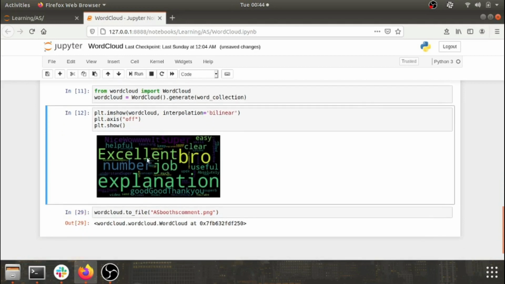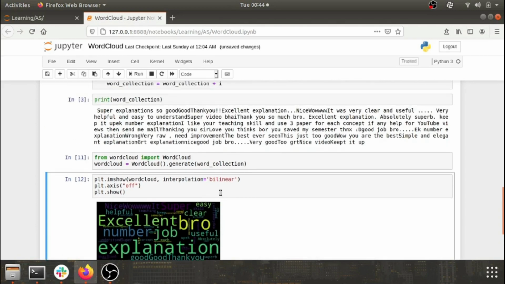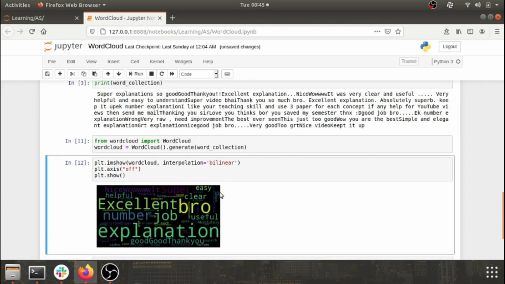And if you want to save the image, all you need to do is just call to_file, the name of the file and its extension. So this is very handy if you want to have any pictorial representation of a bigger collection of corpus, and it's really cool to show it in a newspaper or a search index or so. It's really nice if you have a bigger corpus and you create a search index in this form, and here we have all the links and the user can click on a link and get redirected to